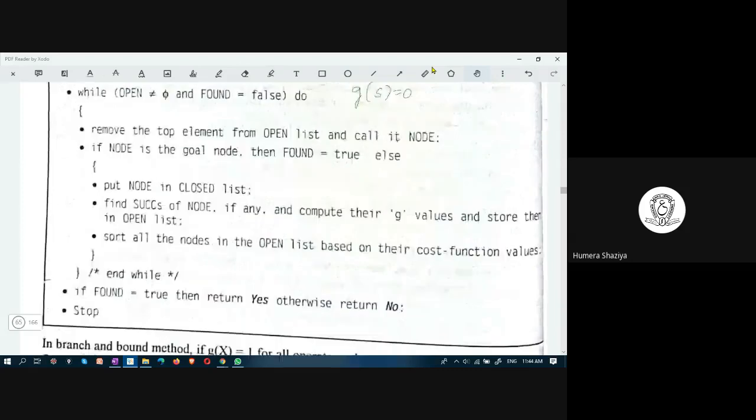Remove the top element from the open list and call it node. If node is the goal node, then found equal to true. Now, in our example, g of s is in the open list. Take it out, check whether it is goal. It is not goal. If it is not goal, put the node in closed list. There is an open list, there is a closed list. S was in open, you move S to closed, and you find the successors of S if there are any